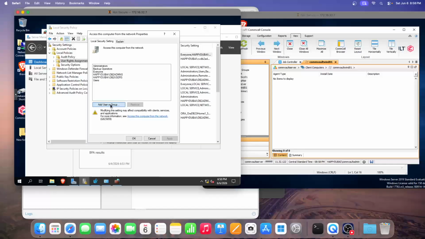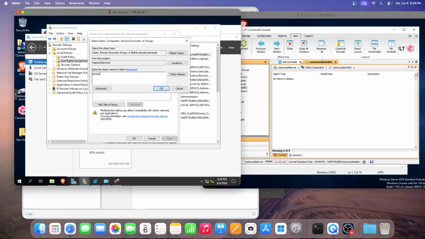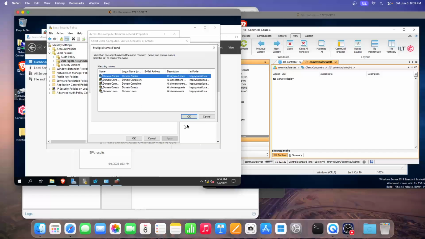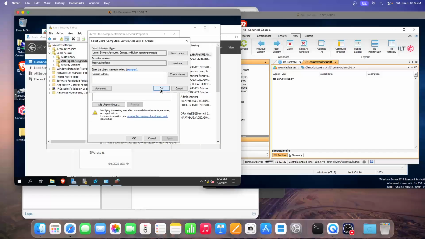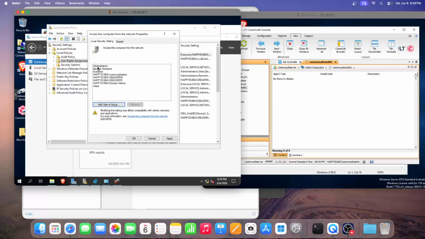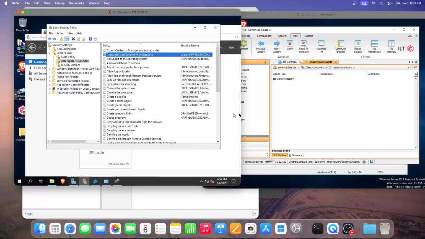Notice we have the domain admins here listed. So I'm going to put the domain admins. So this makes it easier. Domain admin. So when I install Commvault on the client, because this admin is a domain admin as well, we might as well do the same thing. Commvault. Do the same thing. Because that's the user that is going to be installing it. Plus it's a domain admin, so we'll doubly do it. Yeah, that's fine. And since this is the Commserve, you shouldn't have to do it there because